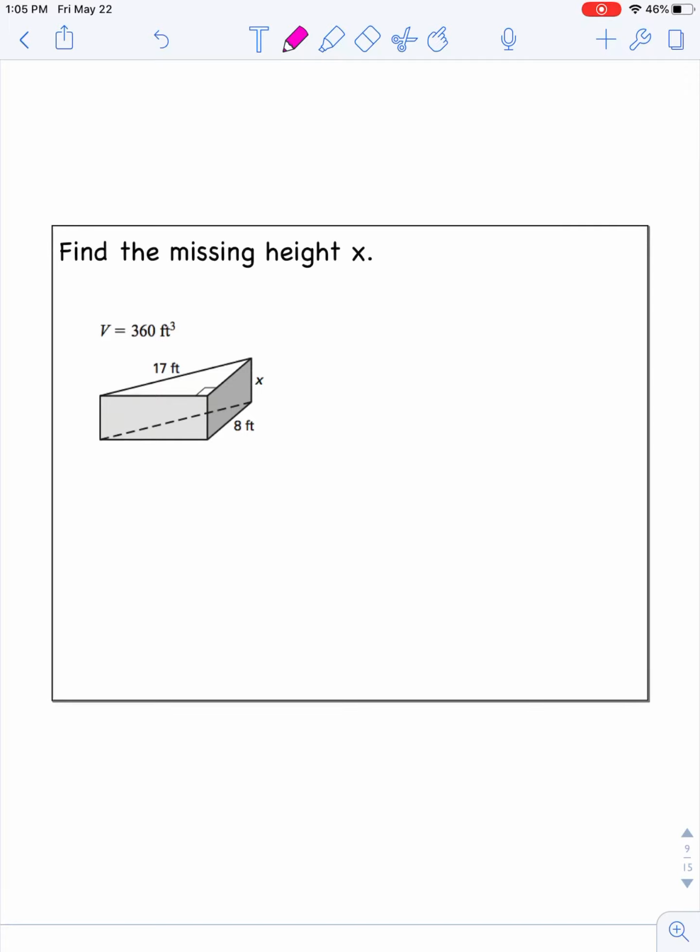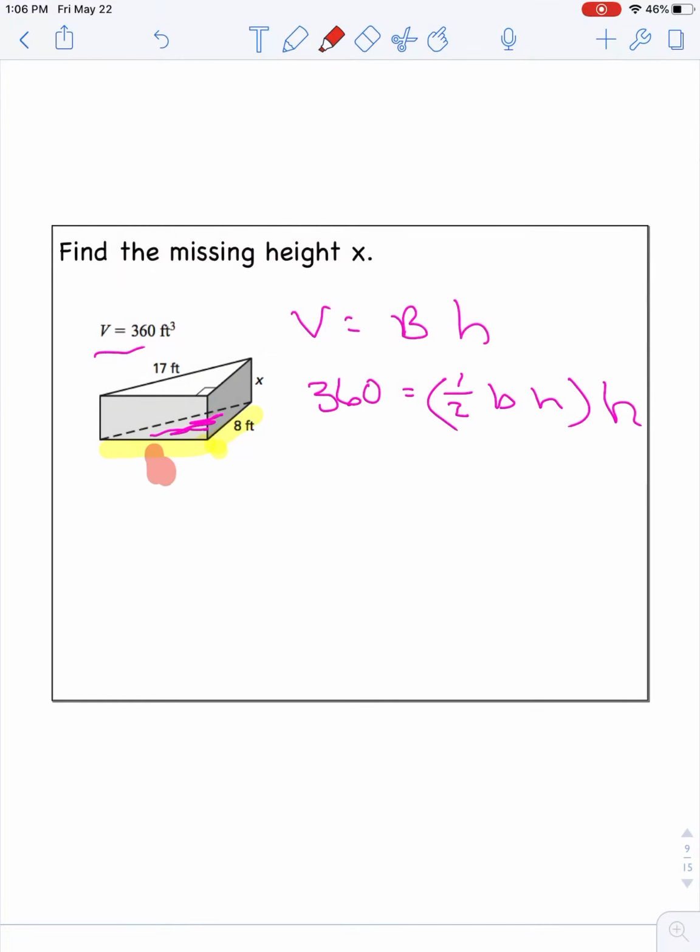All right. So here we're working backwards to find the missing height when we know the volume right here. So our volume right here is area of the base times the height. And so I'm going to put 360 in for the volume. And my base is a triangle right here. So my base is 1/2 the base of the triangle times the height of the triangle times the height. That's what I'm trying to find. That's my x. So the base of my triangle, okay, this is the base of my triangle, and this is the height of my triangle. Okay, I don't have the base of my triangle right now, but